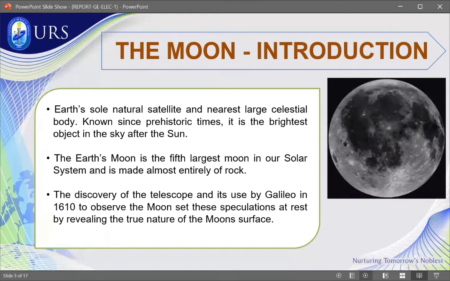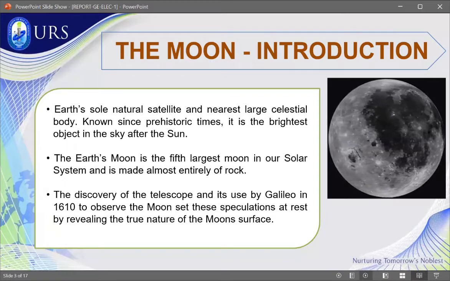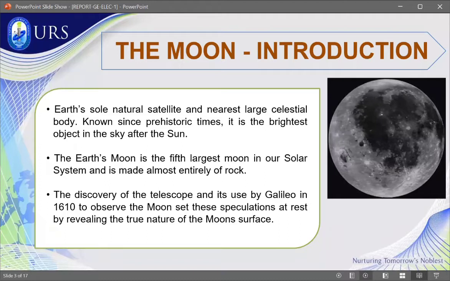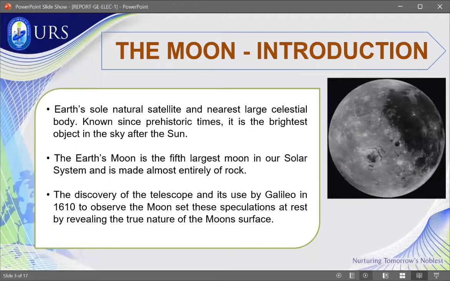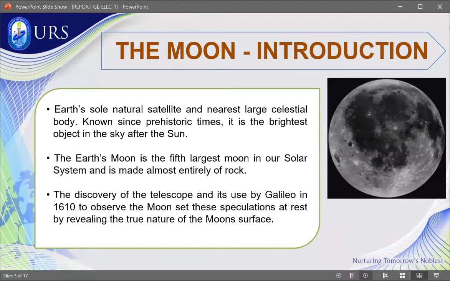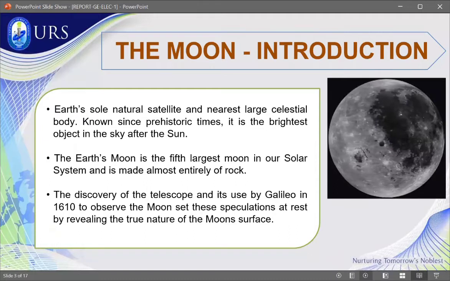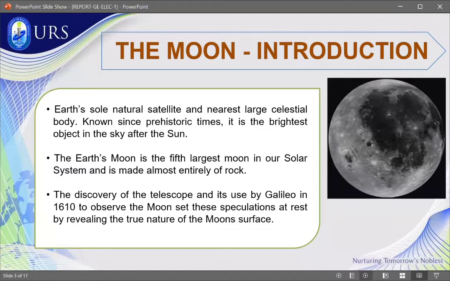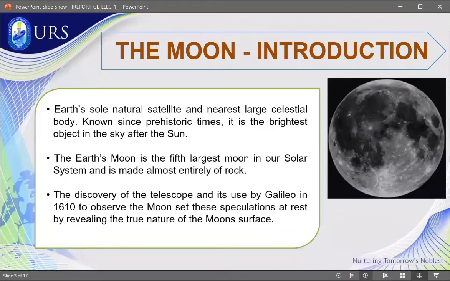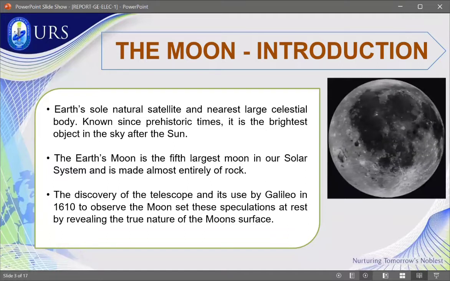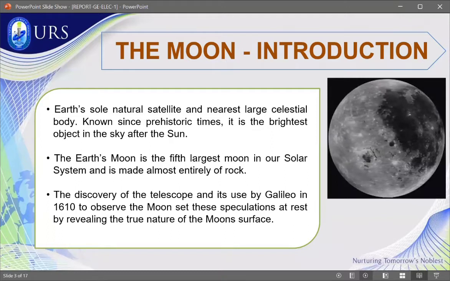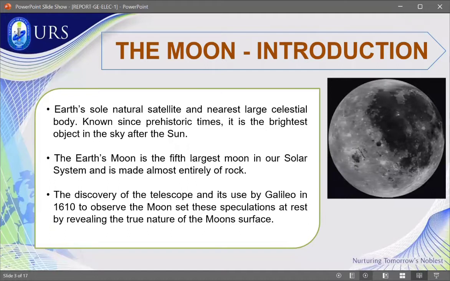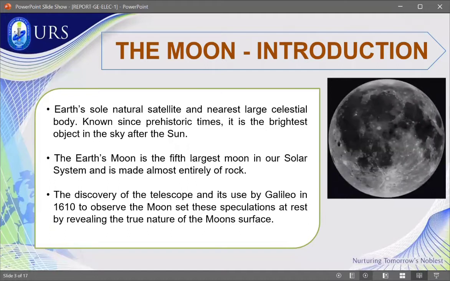So in 1609 or 1610, using this early version of the telescope, si Galileo ang naging unang tao na nagtala ng mga observation sa ating kalangitan with the help of a telescope. He soon made his first astronomical discovery. At the time, most scientists believed that the moon was a smooth sphere, but Galileo discovered that the moon has mountains, pits, and other features just like the Earth.